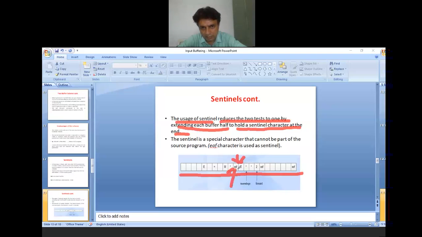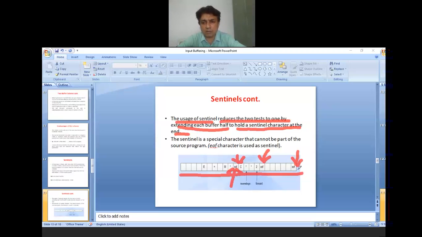It indicates the end of the first buffer here, and the end of the second buffer here. We can also write the end of the buffer when our string ends before the end of the second buffer.